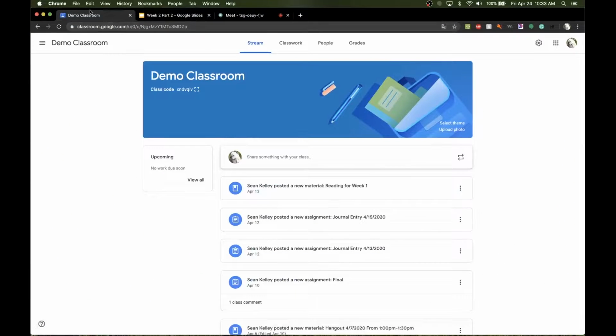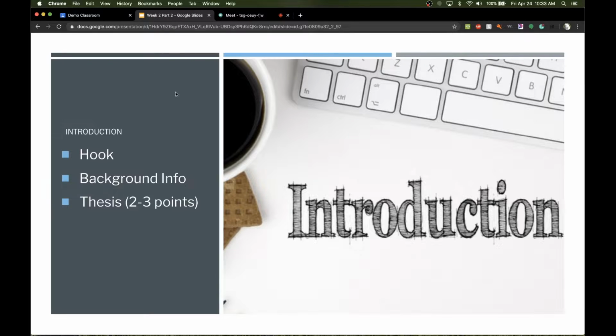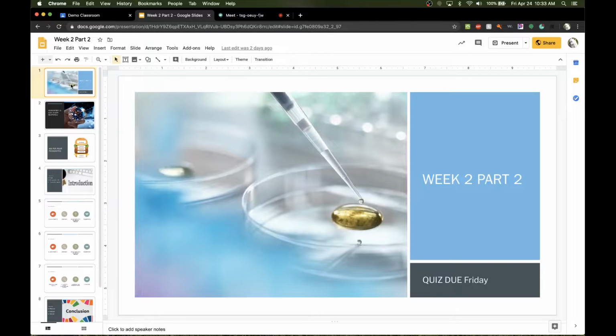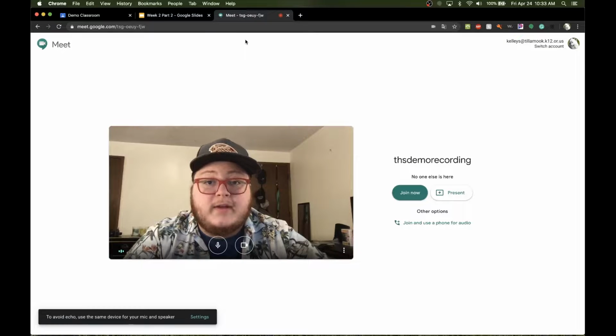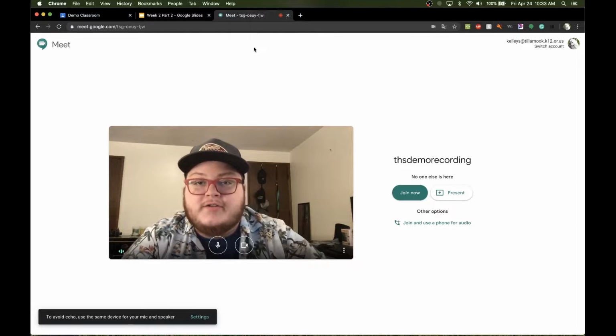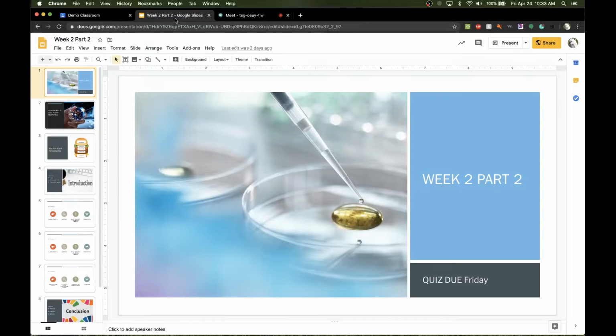As you can see, I have 3 tabs here. I have my classroom page here. I have a Google slideshow that I would like to show everyone in the classroom. And then I have my Google Meet that I'm going to present my slideshow. So the most important thing I'm going to do is make sure that I have these 2 tabs in one